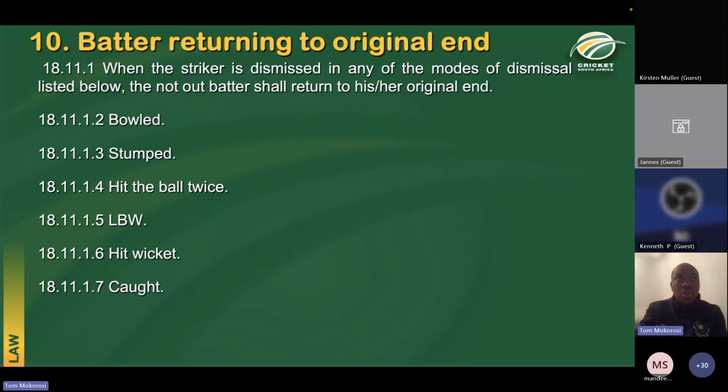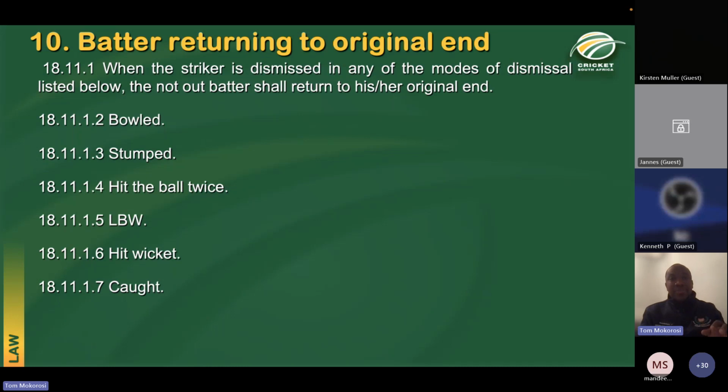This law was updated in October 2022, and it says that if a batter is out caught, then even if the batters crossed while the ball was in the air, the not out batter will have to return to his or her original end so that the incoming batter will be on strike to face the next delivery that is